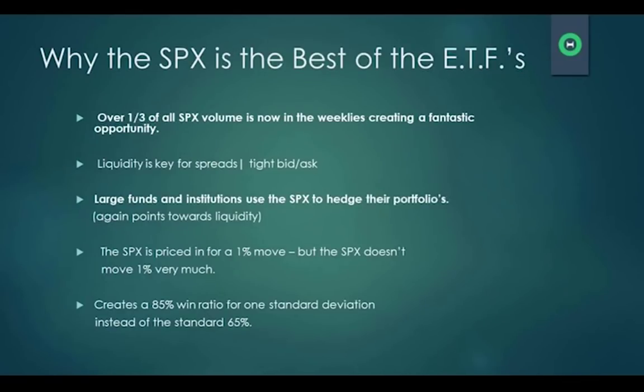Okay, I focus on the SPX, the Standard & Poor's 500, the big boy, the SPX. The SPX currently is trading, well, after today, who knows what it's going to be doing, but let me just see here real quick. The SPX is down 45, and it's trading right now for $2,660. So it's a big, expensive